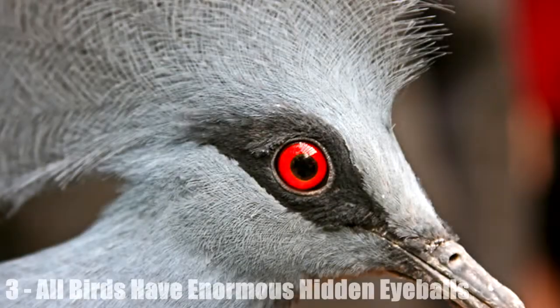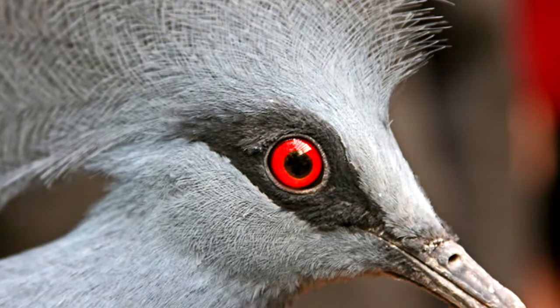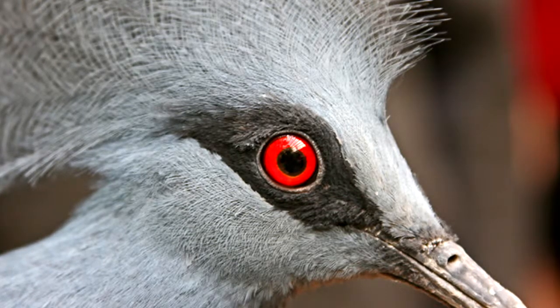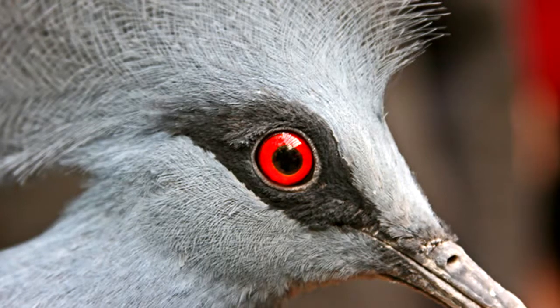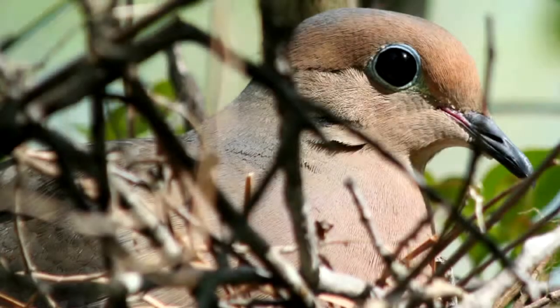All birds have enormous hidden eyeballs. The eyes have it, and the avian body is all eyes, a fact apparent when you look at the gaping eye sockets in a bird's skull. Scientists have determined that birds possess the best vision in the animal kingdom, sight being their leading sense. Raptors rank among the top in visual ability, as they scan for prey up to 8 kilometers, 5 miles, away